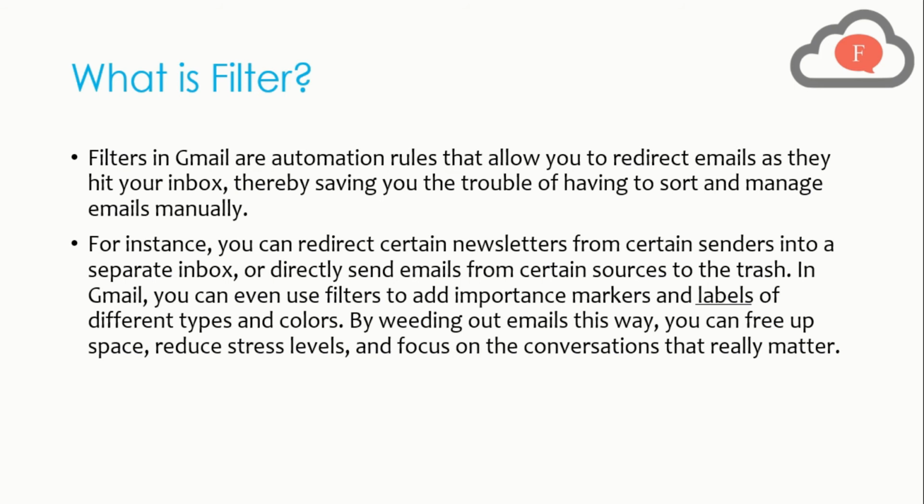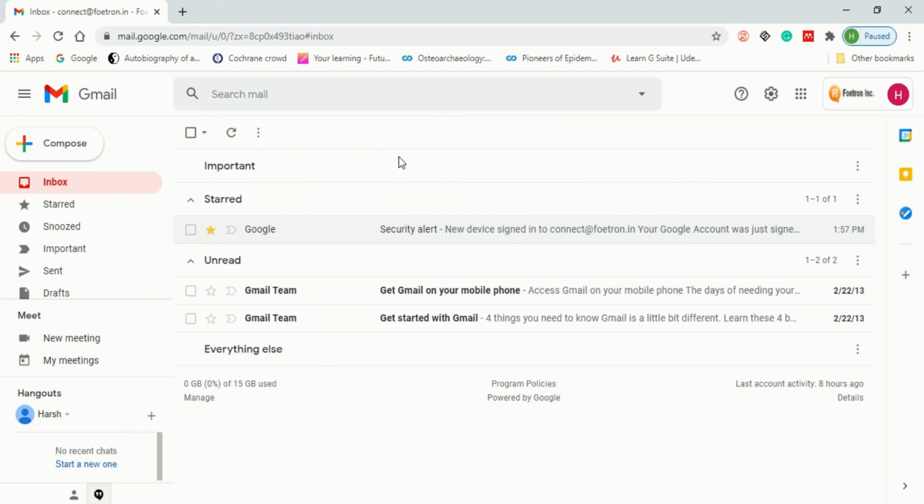Now let's move forward to our Gmail account. Now we are in our Gmail account. Now let's see how you can make an automatic filter in your email account. First of all, I will show you the method through which you can directly make the automatic filtering system for any mail. For now, you can see there is not much mail in my email account because it's a new one. So now let us mail to ourselves.